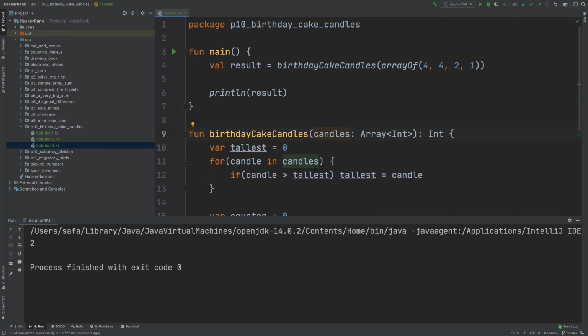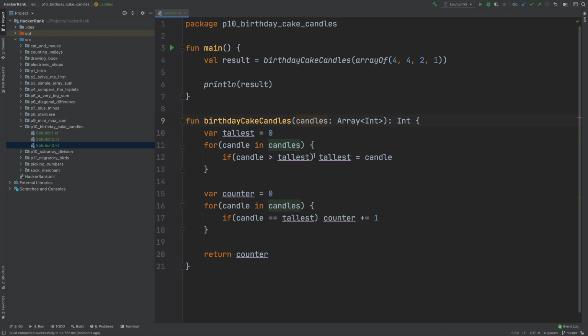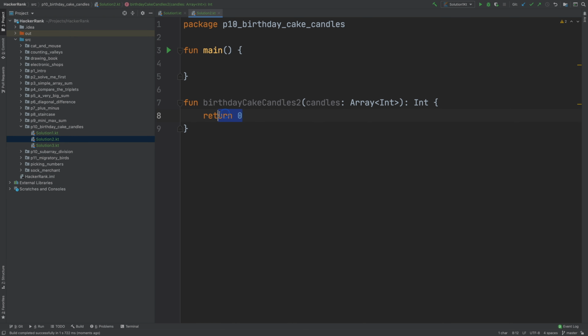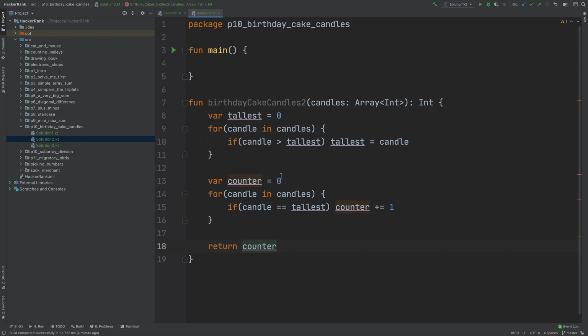Cool. This can actually be one solution, but this can be improved in 2 ways. The first way is efficiency, and the second way is readability. So we can improve this function in 2 different ways. I'm going to show you these 2 in 2 different solutions. The first version, let me copy this. The first version of the code will work on the readability or the crowdedness of this code, because with a modern language like Kotlin in hand, you don't need to find maximums or count something in an array because there are